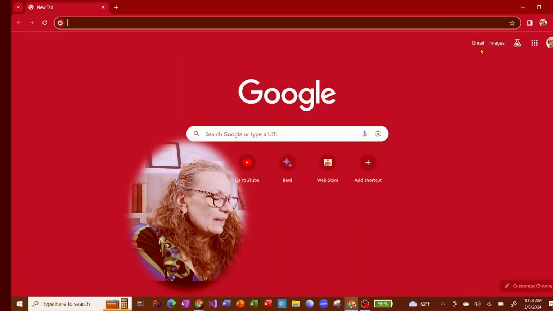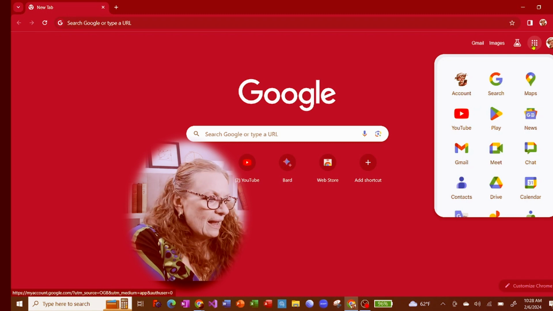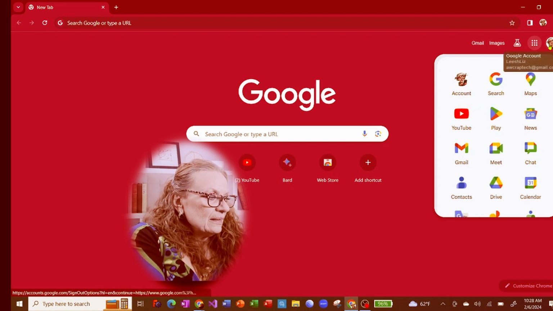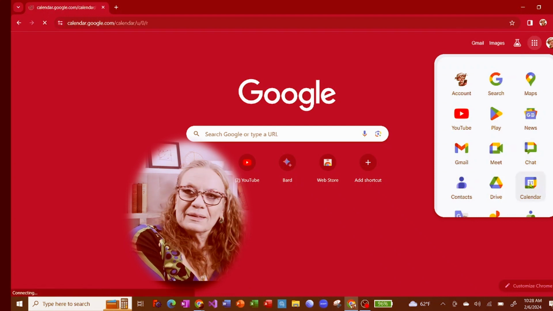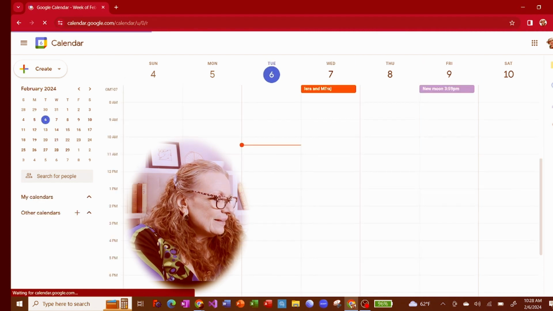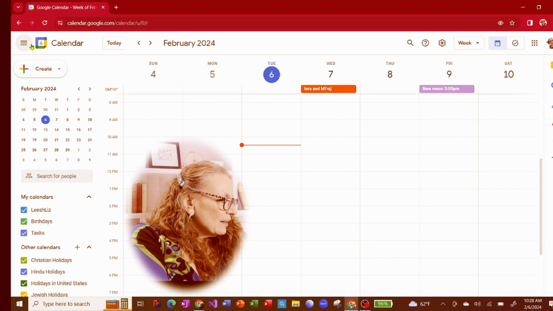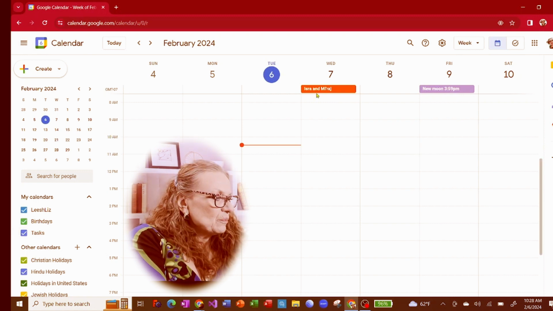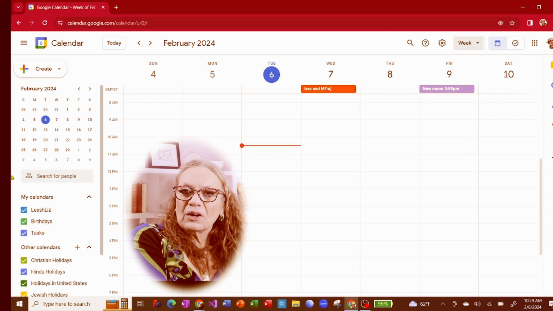We go to the calendar. To go to the calendar, you pick amongst any of these apps. Notice that I'm logged in here, and you can go to the calendar down here. See that? And look at this. So this has actually got some nice features to it. You can show this calendar by the day, week, month, year. And then you have options down here where you can show what you want on your calendar as far as